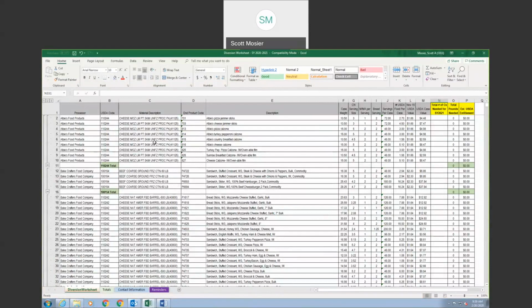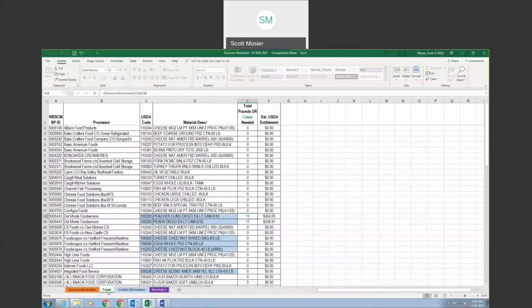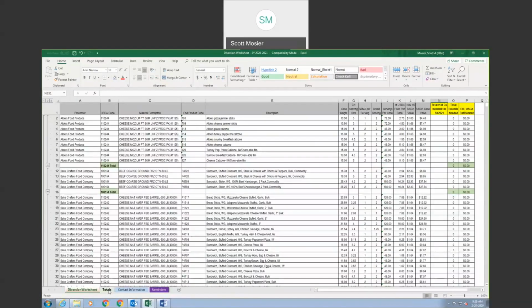All right, so first and foremost, there are a couple of things that you need to know about this worksheet. The first thing I want to point out is down at the bottom of the worksheet, there are 4 tabs. There's the Diversion Worksheet tab. There's the Totals tab. Once you do the first tab, the Diversion Worksheet, and you put your number of cases in for the end product that you would like from the processor, then you're going to click into the